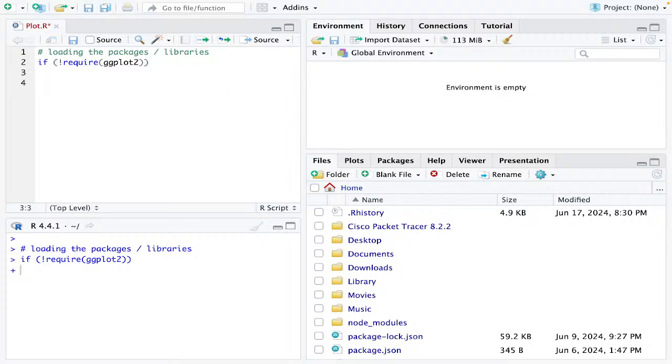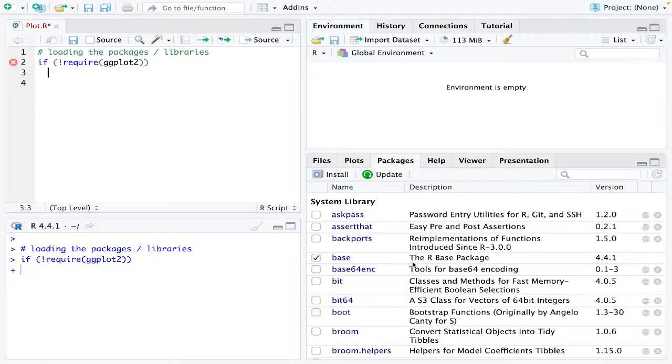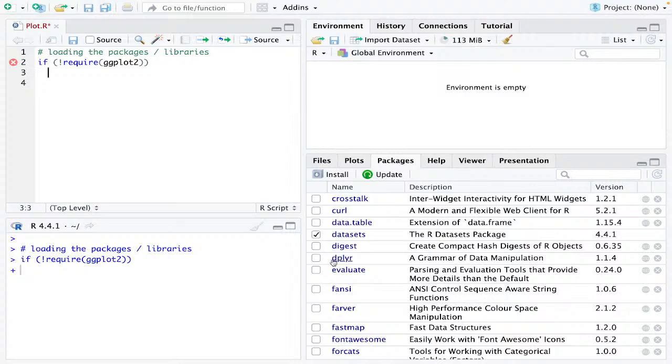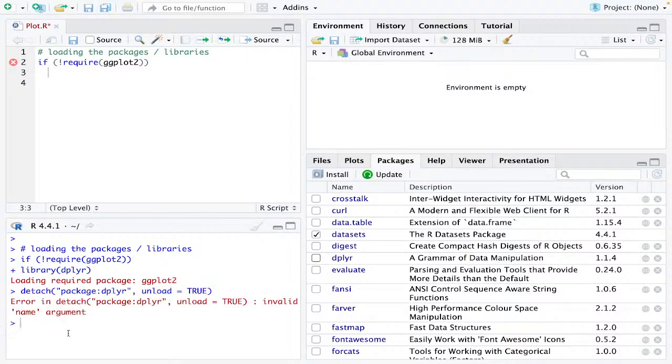Now suppose I tell you to install any other package, like dplyr. I can search for it in the Packages tab, in the D section. You can see that this is the library which I want to install. If I click here, you can see it says loading required package, and if I uncheck it, it is going to detach. So what I'm going to do is